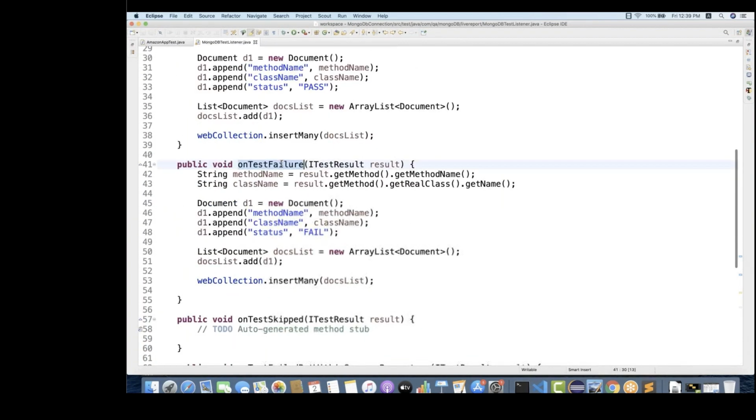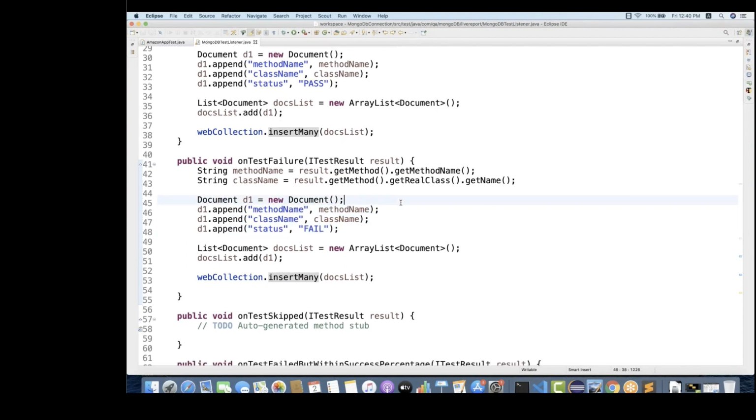Same thing, whenever there is a test failure, I'm making the status as fail over here. That's it. And inserting the data with failure data. So I'll be creating 3 columns in my report: method name, class name, and the status. If you really want to fetch some more information, let's say the description, the failure message, the assertion log messages, all those things you just need to store inside a string and keep appending and adding in this list and keep adding in your collection over here. That's it. For the POC point of view, I'm just picking these 3 attributes right now.